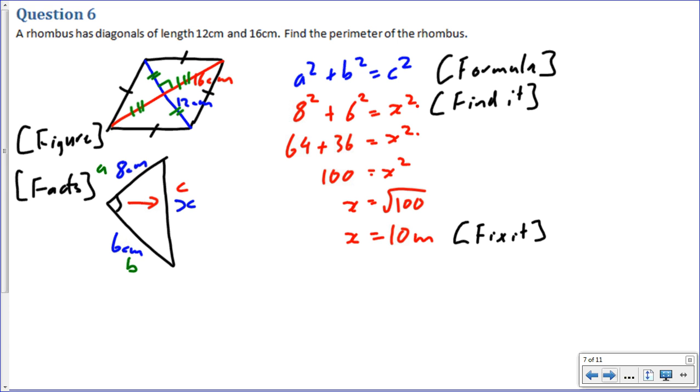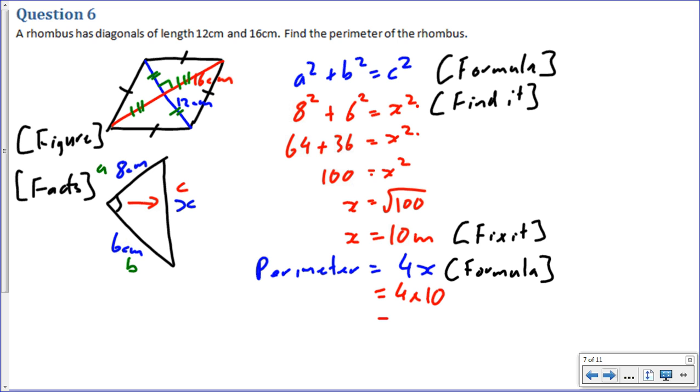So I look back at my question. Did I need to find the length of one side? No. I needed to find my perimeter. So I need to reset up a new formula. So perimeter equals 4 times x, with the x being the length of the side. So we're doing a new formula here. So into that, we're going to plug our values. So equals 4 times 10, so equals 40